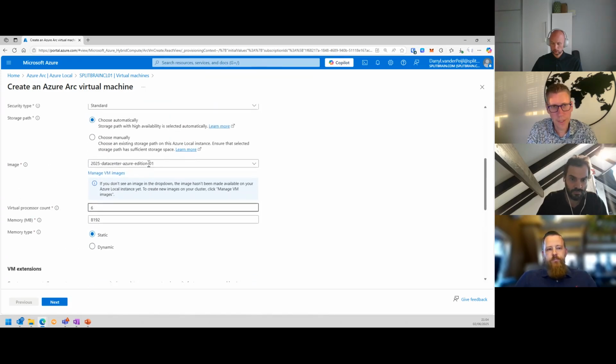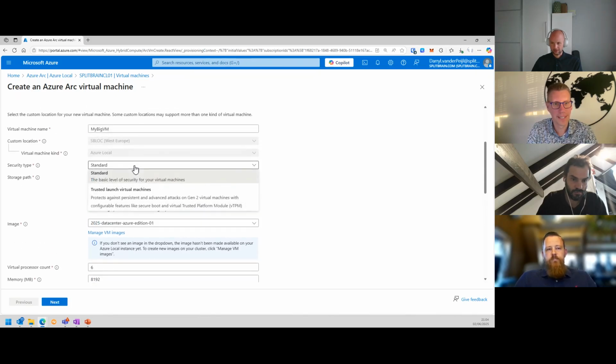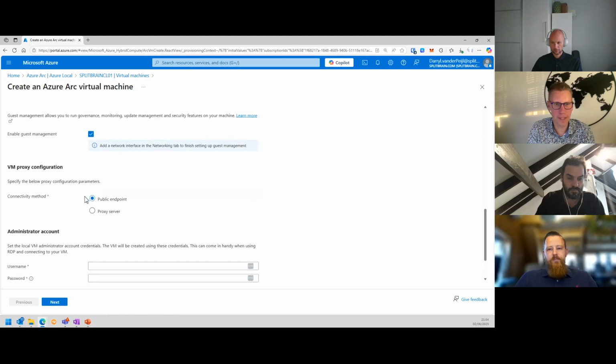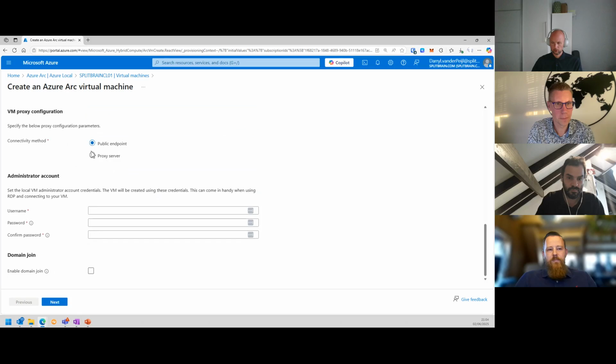Yeah, I also saw the security type, which is awesome. Yeah, I was waiting for you, Dinant, because Yannick was talking. But yeah, so we also got the ability to do trusted launch VMs indeed. Yeah, so we can use a virtual TPM to actually launch a trusted virtual machine. So that's cool. It's a very awesome feature. All right, I will want to click through this because I want to show you something at the end.